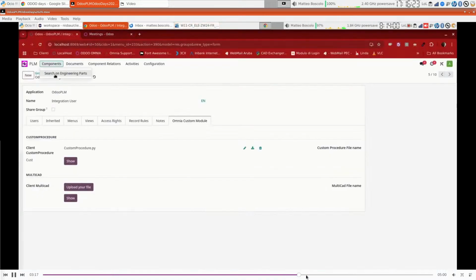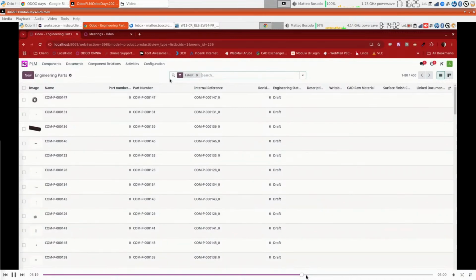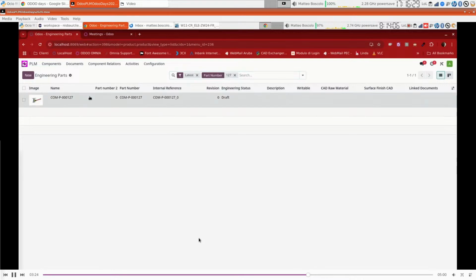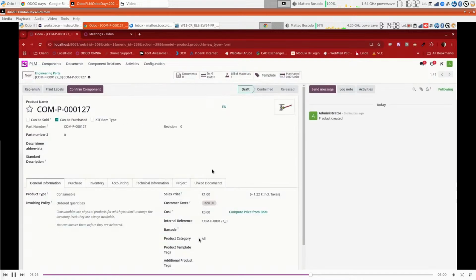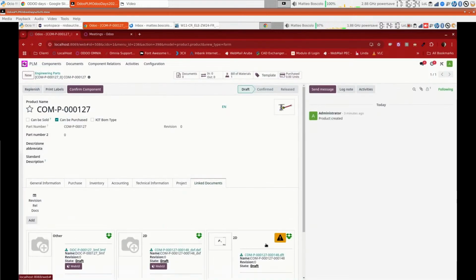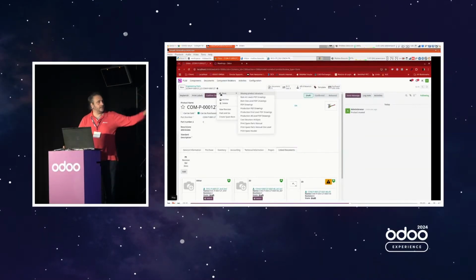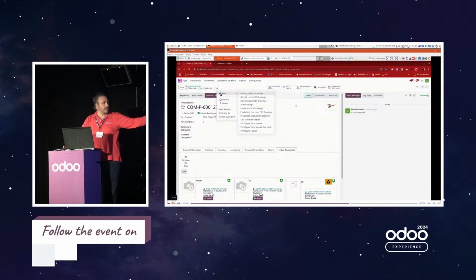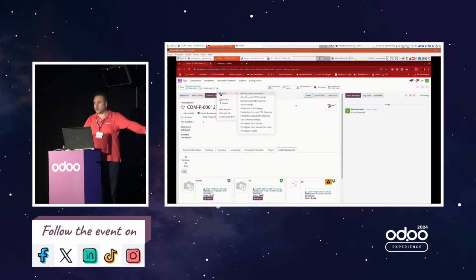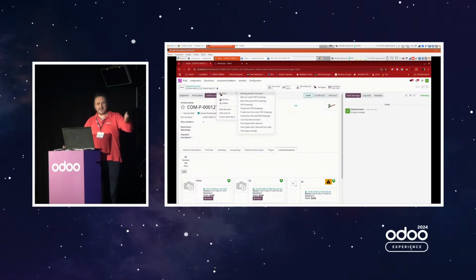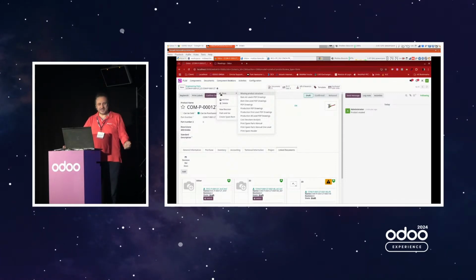Okay, so now we are on Odoo, and as you can see, we have pushed all the products again, but this time we are no longer in the Sales app. We have a dedicated app for the engineering department called PLM, and as you can see here, we extend the product form of Odoo. Inside this product form, in the lower part, there are all the files that we pushed with this long journey that I just jumped